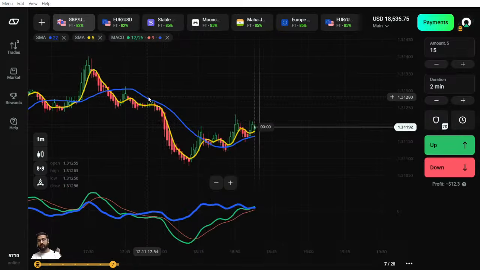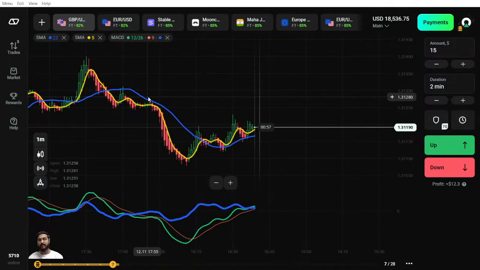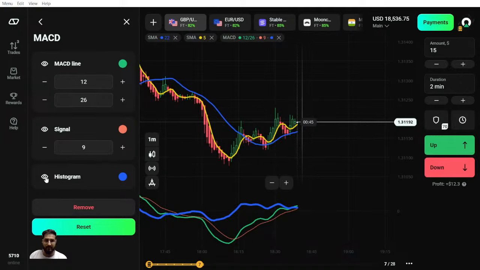Second thing, even though this session is live, there is a telecast gap of somewhere around 25 to 30 seconds up to 1 minute. So there is a possibility that the trade which I will be opening right away in front of you will be visible to you after a couple of candles, after a couple of seconds.